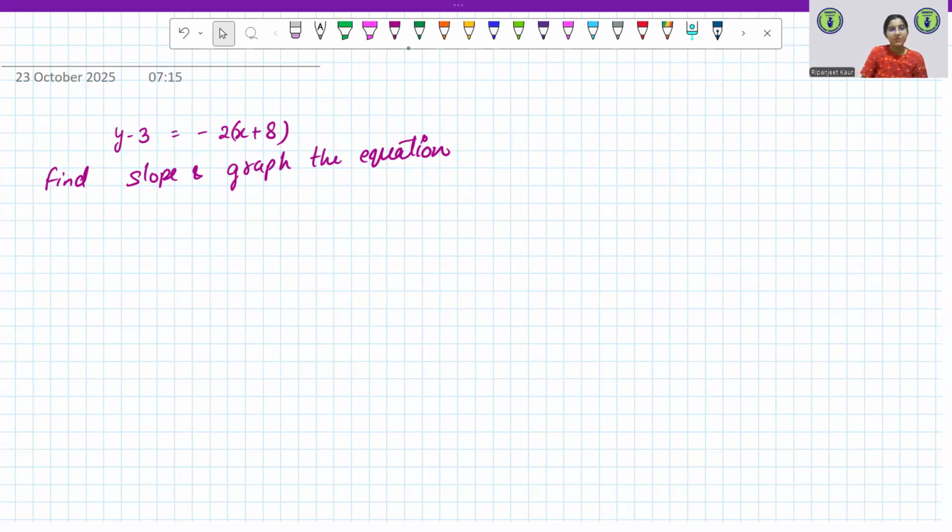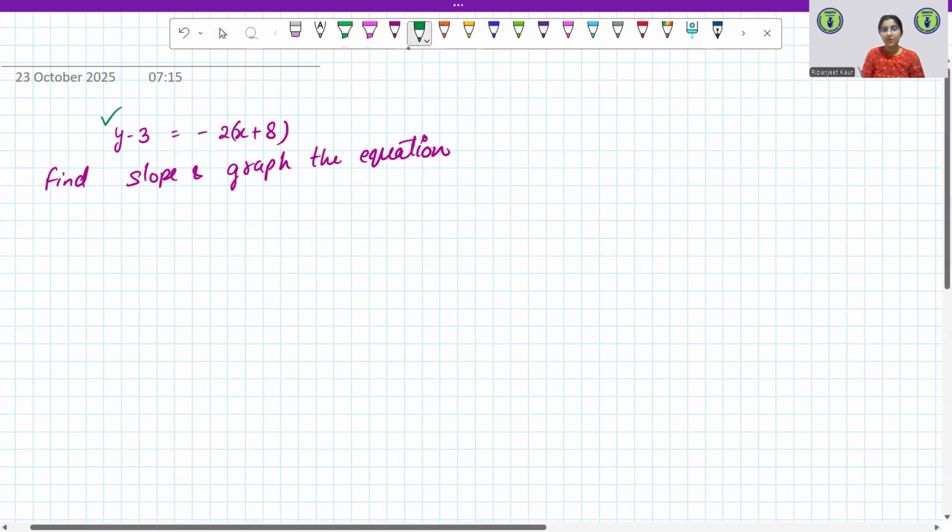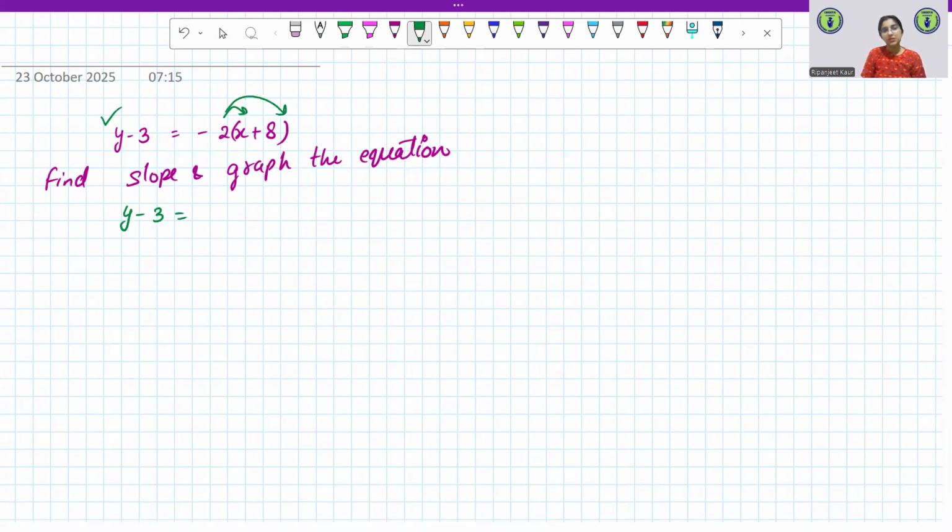Okay, so we want to find out the slope. So we can write this equation in the slope intercept form, right? Y minus 3 is equal to negative 2. When multiplied inside, we get negative 2x plus 8. Will it be a plus 16 or minus 16? Minus 16. Great. Slope intercept form looks like y is equal to mx plus c or mx plus b, where